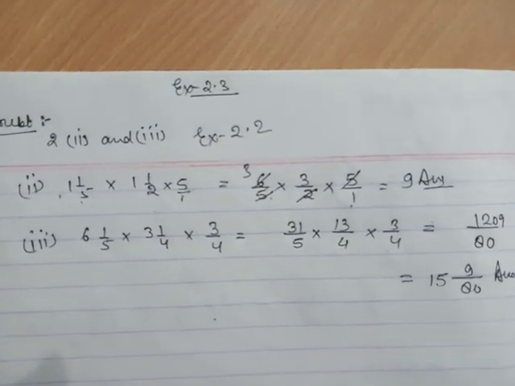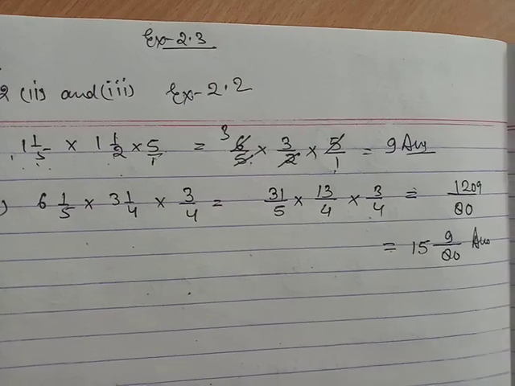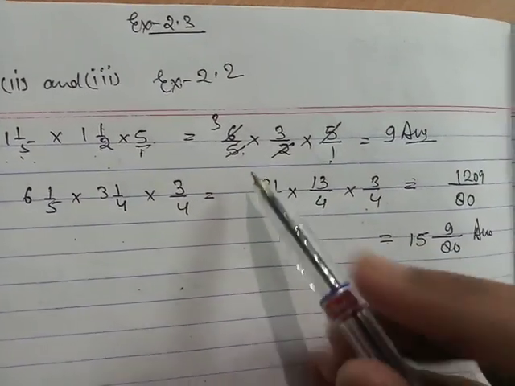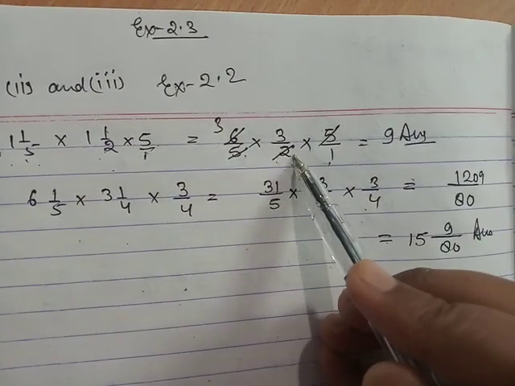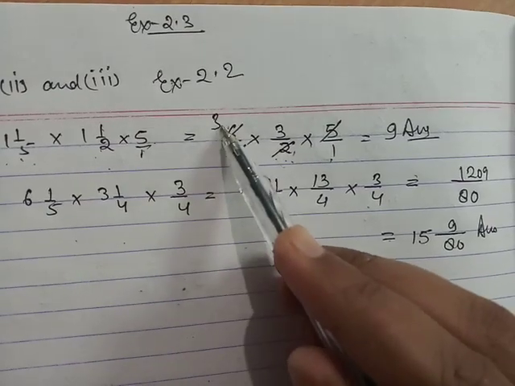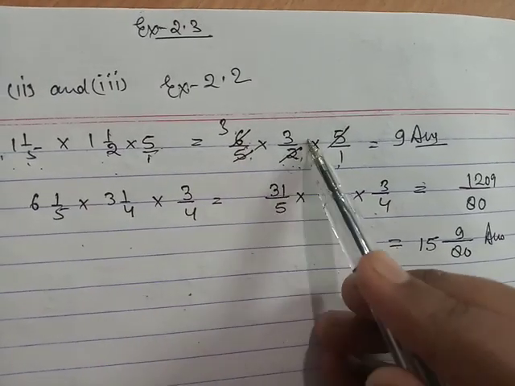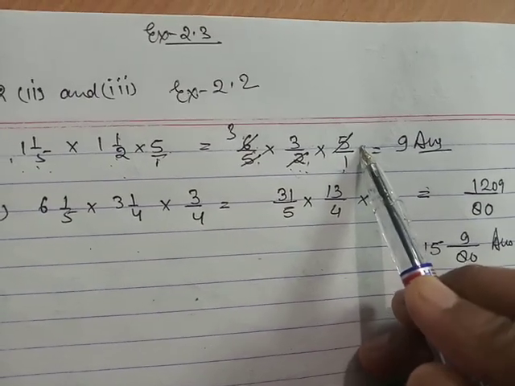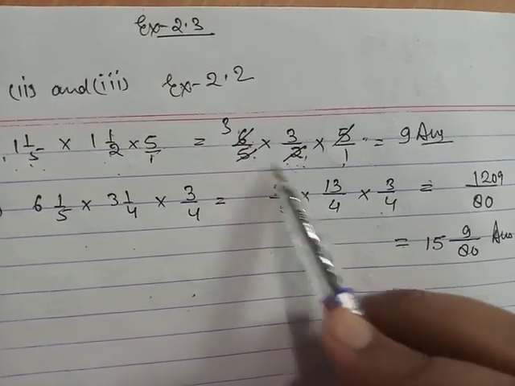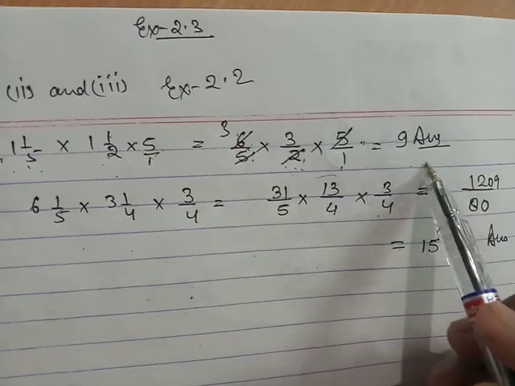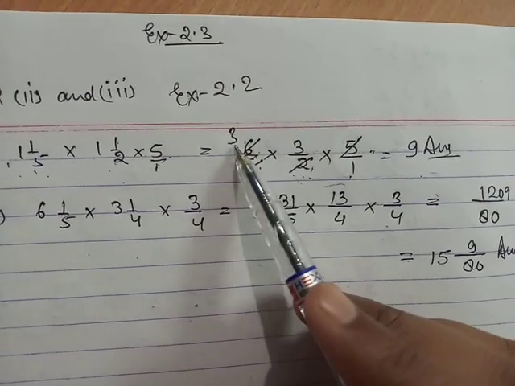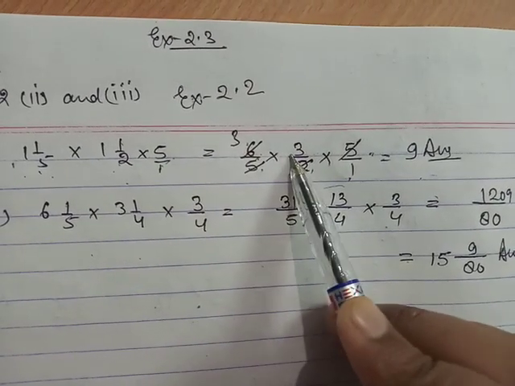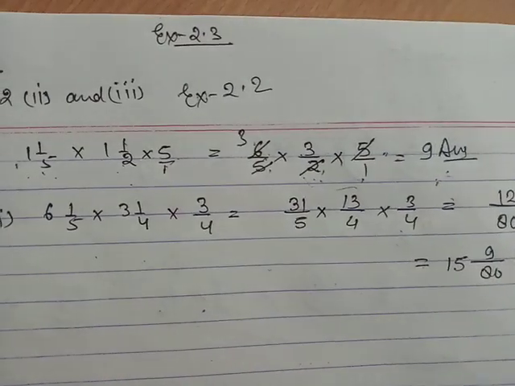Okay, now we will cancel the values. You can see here, 2 times 3 is 6, so in 3 times it will cancel 6, and 5 will cancel in 1 times to 5. Now we have denominator 1, so no need to write it, and the numerator is 3 and 3, that will be 9. Okay, so 9 will be our answer.